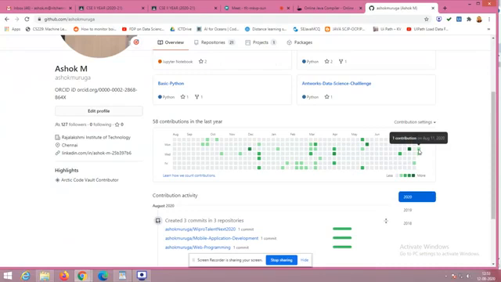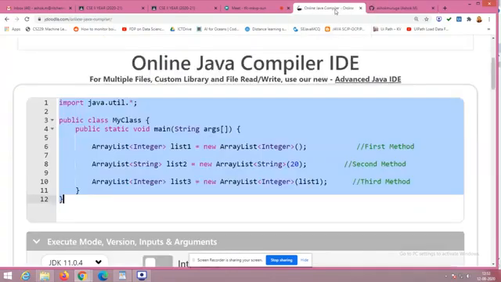See, yesterday I made one contribution. These white bars are nothing but days when I did not do anything. But for you students, it should be green on all the days. It states that you are practicing something daily and learning along the way. Right? So that's the idea. Okay, first thing we have cleared.